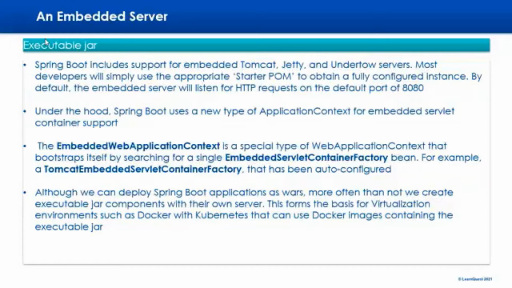You also have an embedded Tomcat server. By default, the embedded server will listen on port 8080. Under the hood, Spring Boot has created a new type of web application context, an embedded web application context, which is basically looking for a factory class that will create an instance of Tomcat for you, which will be completely auto-configured. Although we can deploy Spring Boot applications as WARs, more often than not, when you run the application class, you're effectively creating an executable jar which is being passed to Tomcat, and it will execute it on this embedded